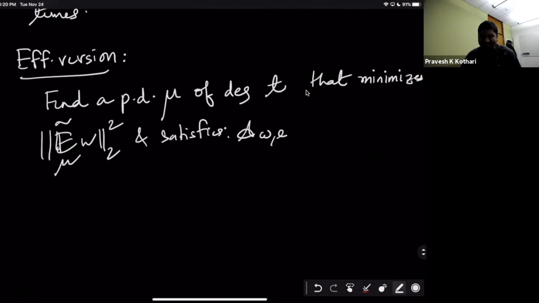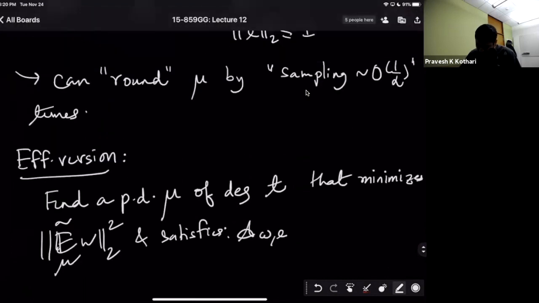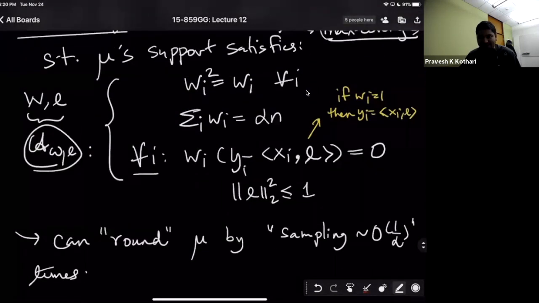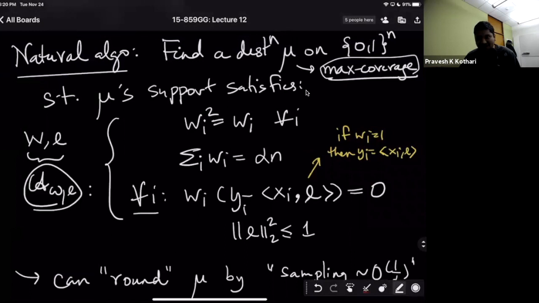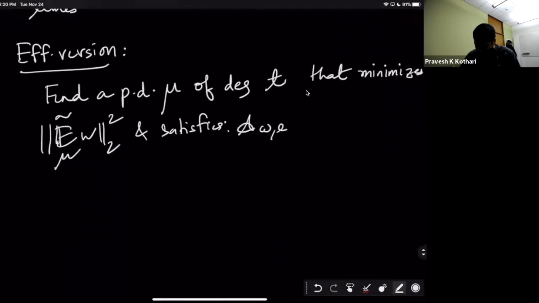Then at least, we don't know what to do with this, but at least this algorithm is an n to the O of t time algorithm that seems to do something similar to what we had over here, right? It's a natural thing that if you took this class and you carried forward till lecture 12 of it, when only 8 people are left, then this is the natural thing you would do, right? You had a version with distributions. You simply replaced distribution with a pseudo distribution. You realize that this max coverage thing basically is this constraint. And so you did that.